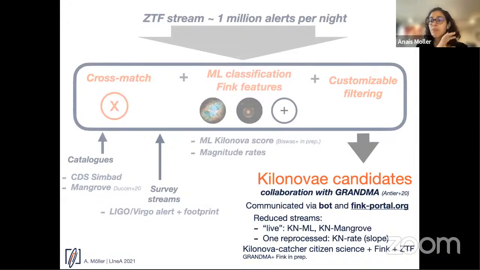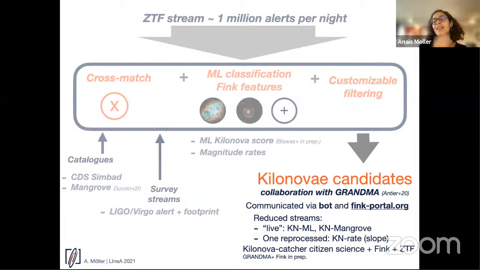This is very interesting because GRANDMA is not only a telescope network of professional telescopes, but they also have an amateur astronomer program of citizen science where people can actually follow up interesting or promising kilonova events with their own telescopes and report it back. And they use those detections to do the kilonova search. So this is a very cool project that we deployed and is still deployed in Fink. Of course, it's something that is evolving, and I hope the first results, you will see them soon online.